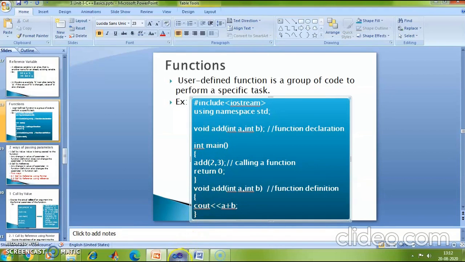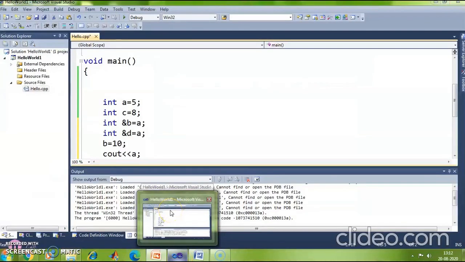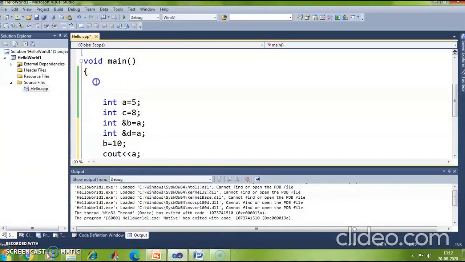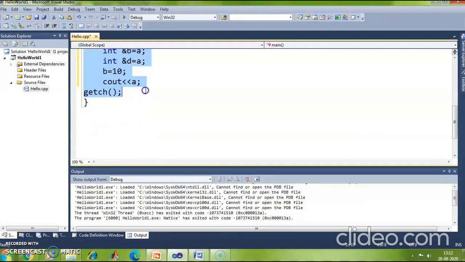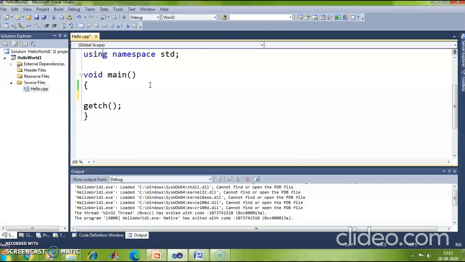Now let us go to our IDE and let us try and demonstrate this with the example. So this is my main program. The return type is void, that means there is no return statement in this function, and within the function let me call a function add, which is adding two integer numbers.